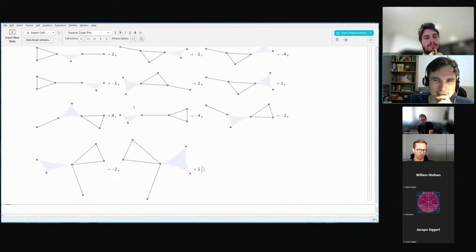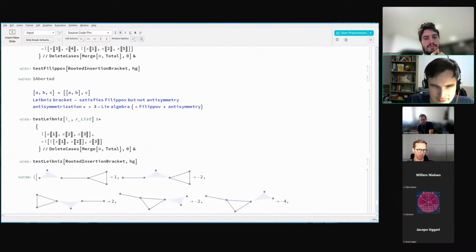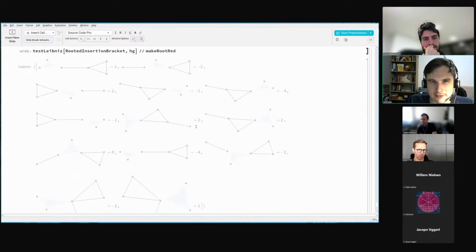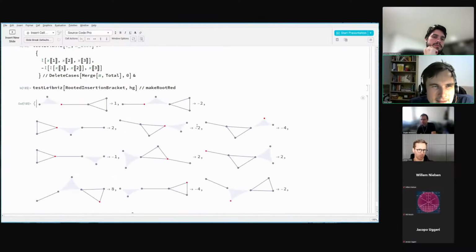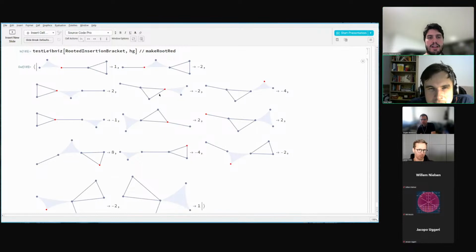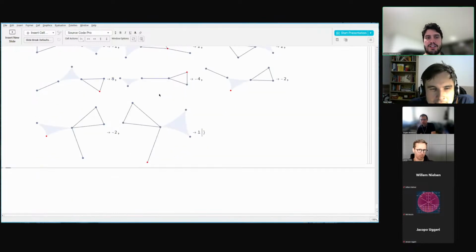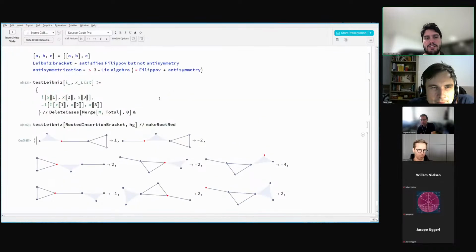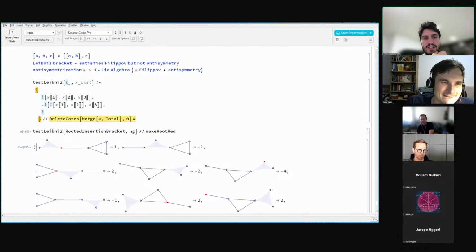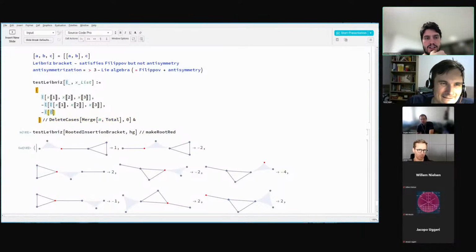So it gave actually some non-trivial result, which means that the test does not hold. It shouldn't hold, because the left hand side is antisymmetric and the right hand side isn't. Yes, sorry, you are right. So it should not hold. But the question is, maybe it's easy to understand that if you antisymmetrize.